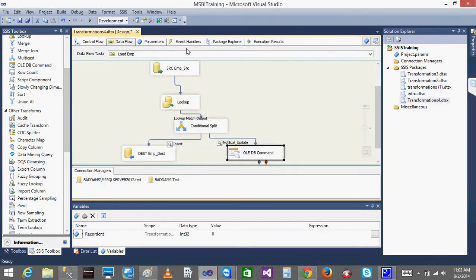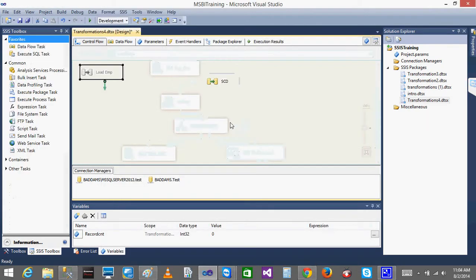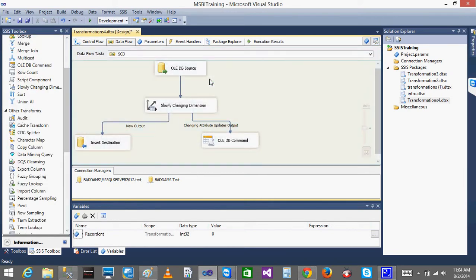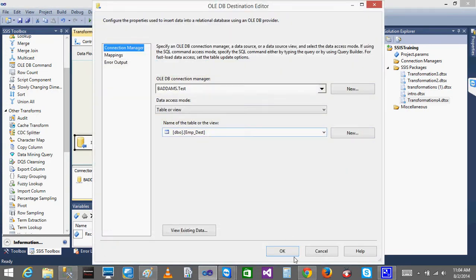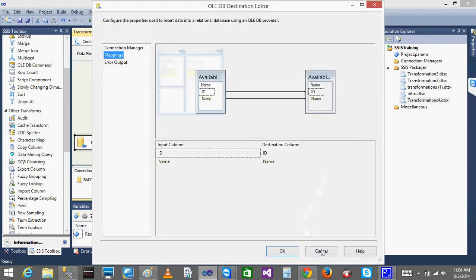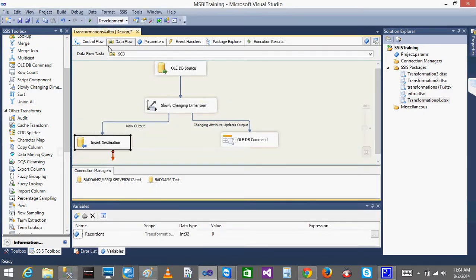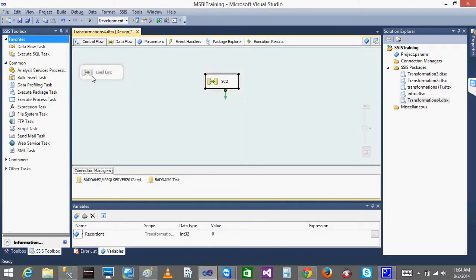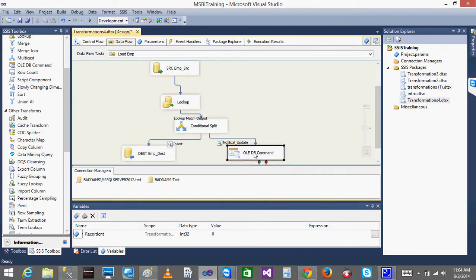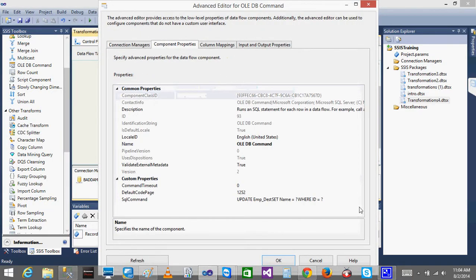Now when I give this slowly changing dimension, by default it is going to create all of that. In the destination, it will insert directly into the EMP destination the 2 columns. Now see the updates. Before that, we will see the old one which we created in the load. See the OLE DB command: what command do you have here?